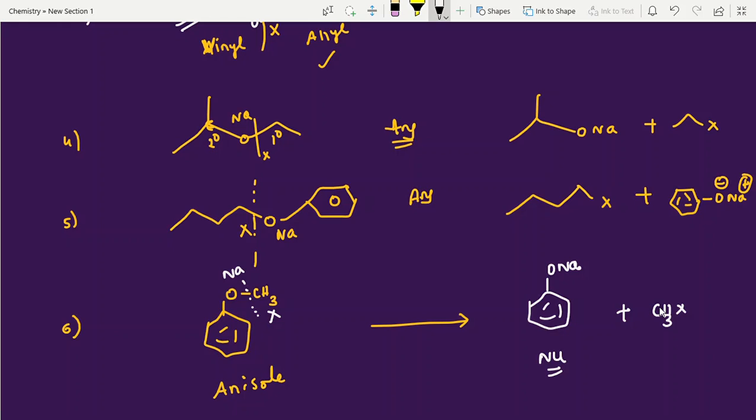First, everyone read the notes, the concept, case 1, case 2, case 3. After that, you can start solving questions from whatever books you have. Then definitely you will get command of this concept. You can enjoy the concept. Next, in the ethers lesson, only one more difficult, confusing topic remains: the HI reaction. When we use anhydrous, when we do not, and when it favors SN2, when it favors SN1. All of that I am going to upload in upcoming videos. So try to do questions based on Williamson ether synthesis.